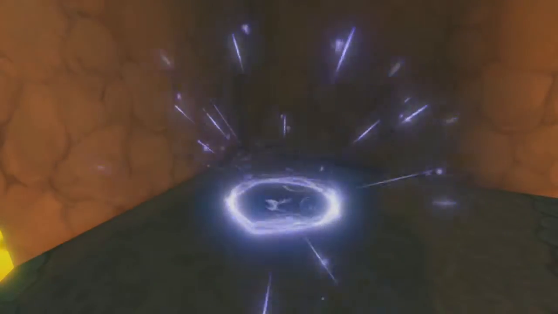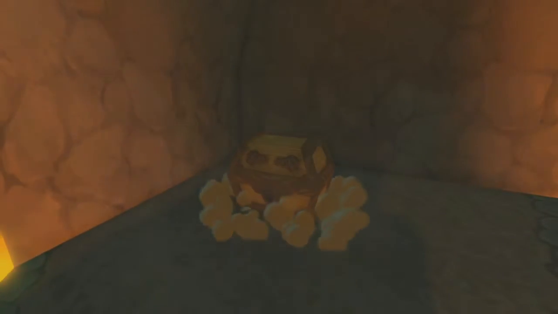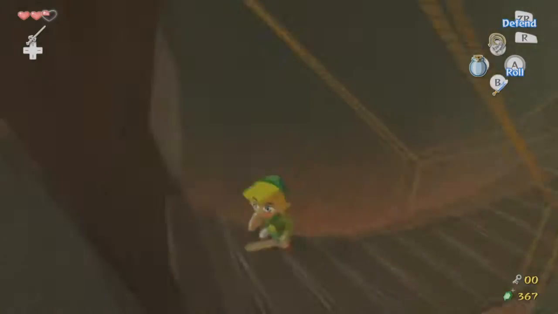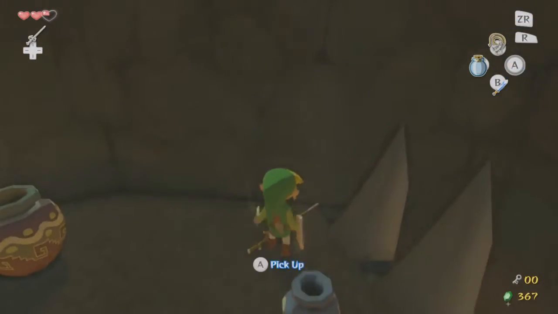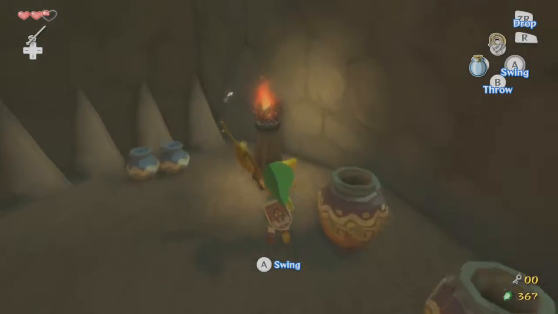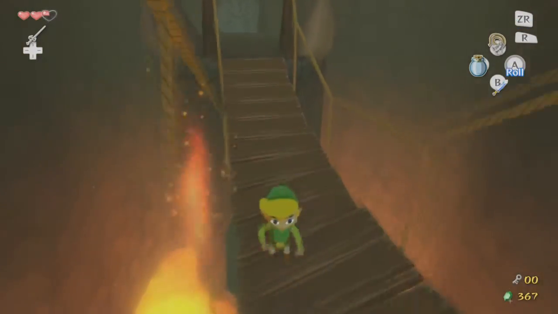Thankfully, he didn't drop the Joy Pendant. But this treasure chest might contain one. What if it did? Oops, didn't mean to defend there. Anyway, we need to destroy this bridge to get down. So... why did I drop...